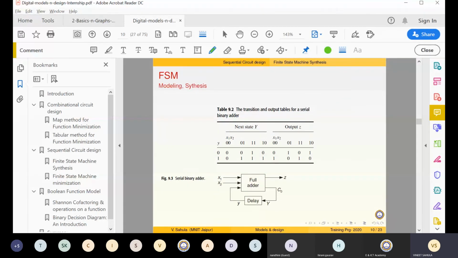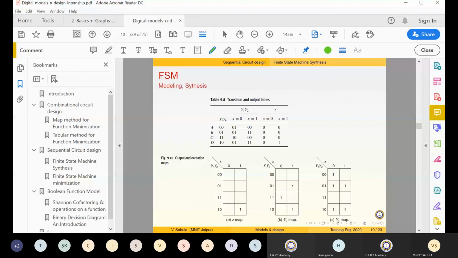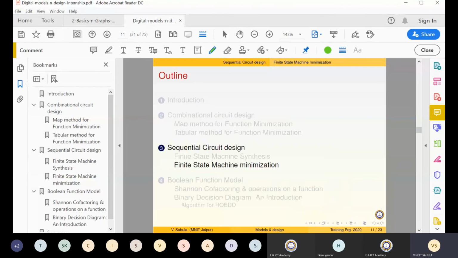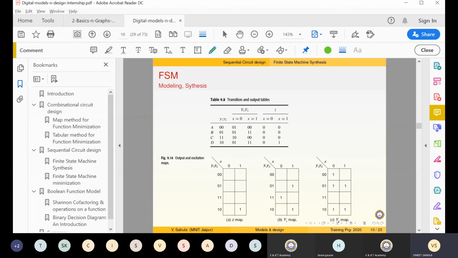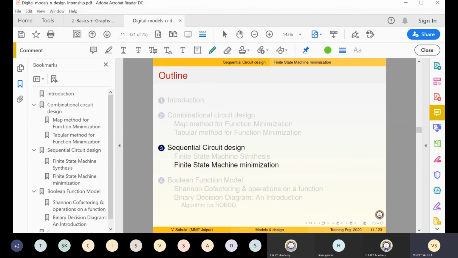So I have decided that I will have only one flip-flop. This is a state transition table and output table merged. I will separate them out: I will make the output table separately and the next state table separately. I can do it this way, right? Or this is another problem there. And I can realize those circuits. Learn that in whichever way you like.